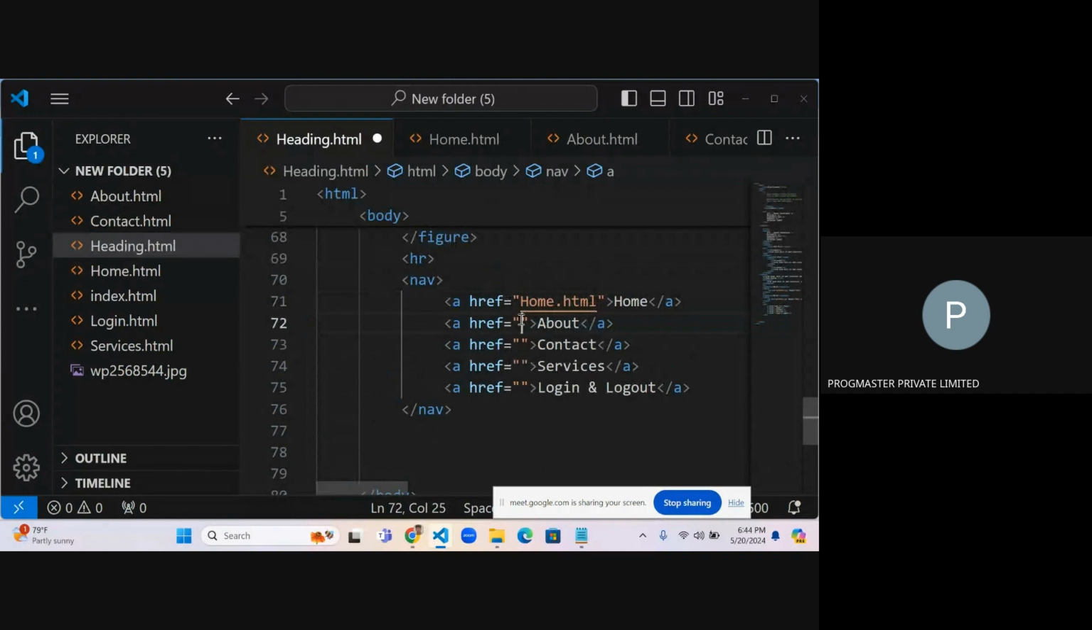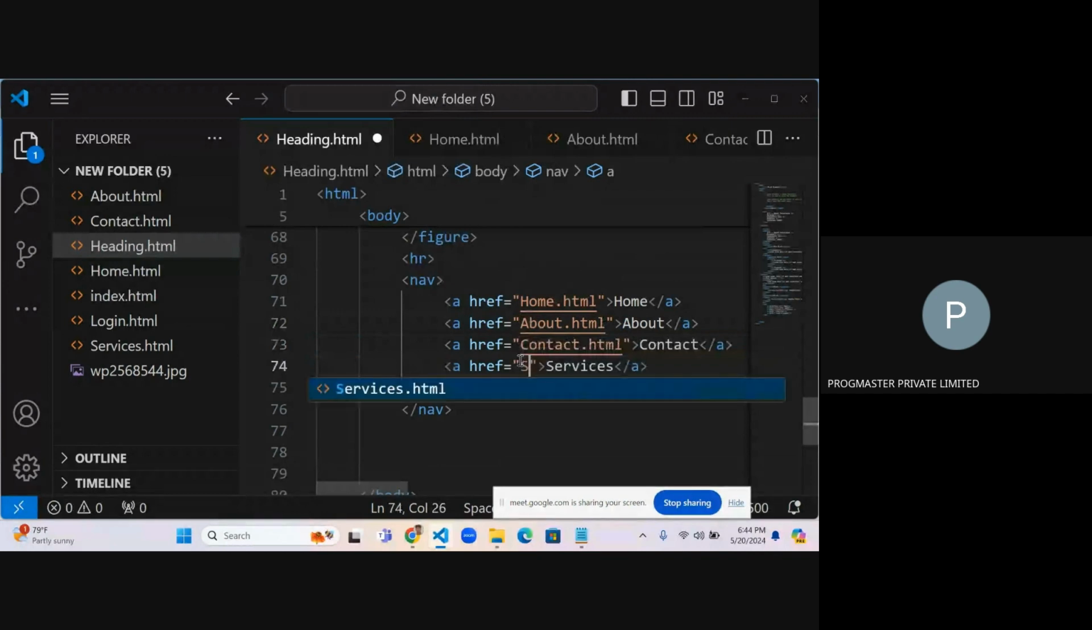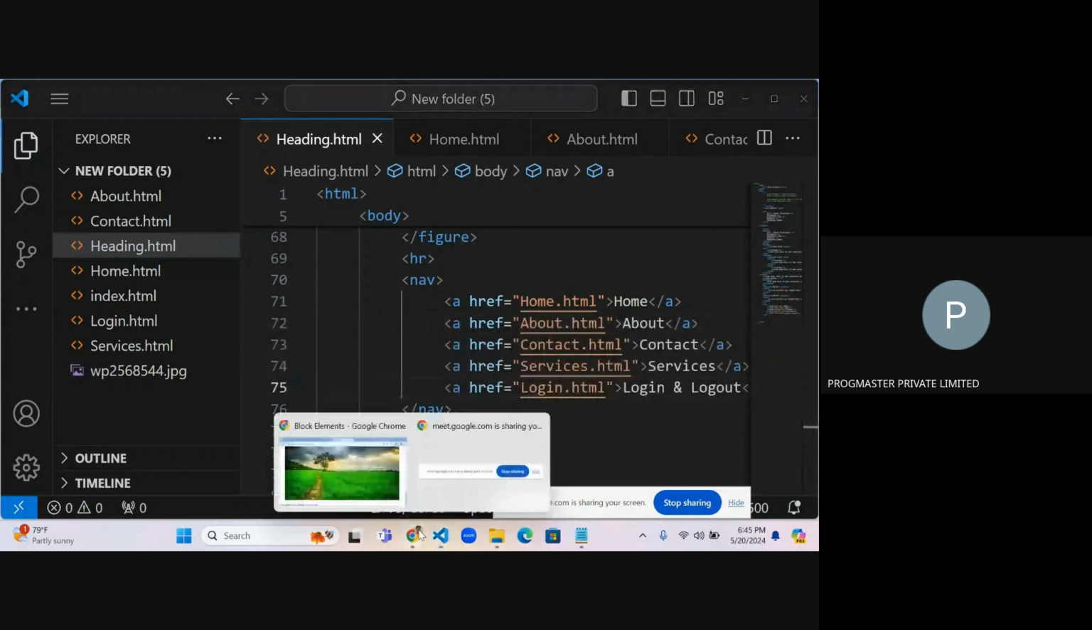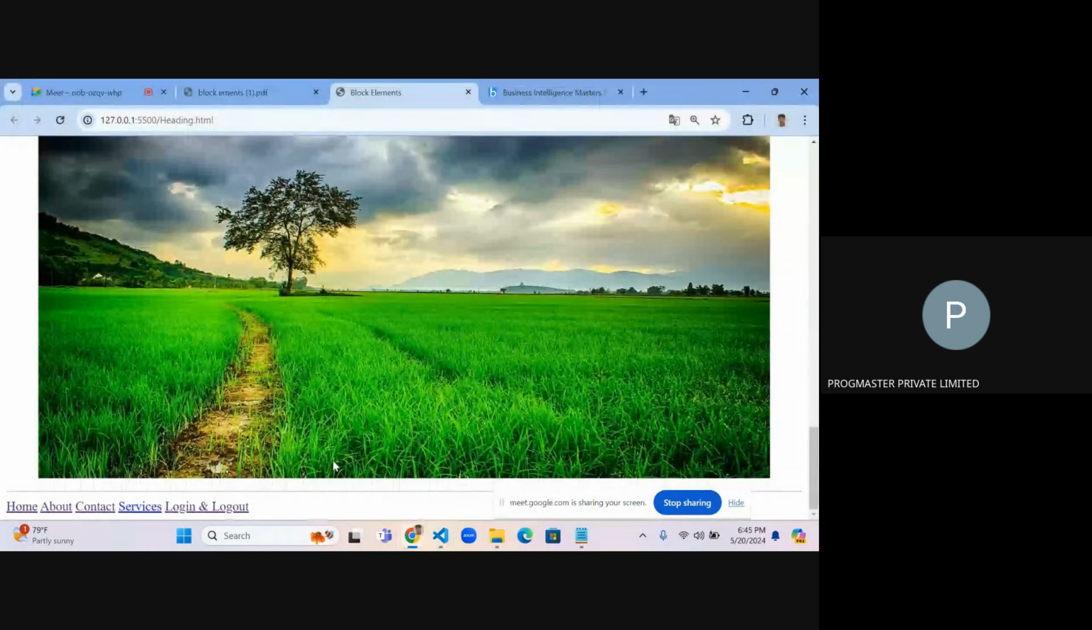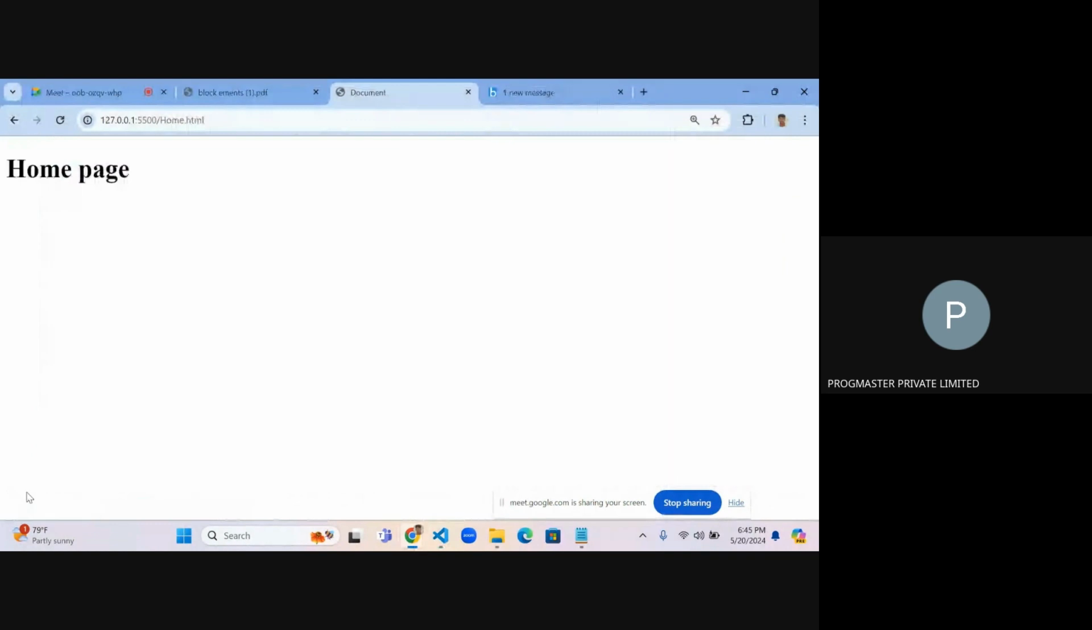Then here it will be about.html, here contact.html, here services.html, here login.html. So everything, the path will be completed. Now you can check whether it is working when we click this home. Now we are getting that